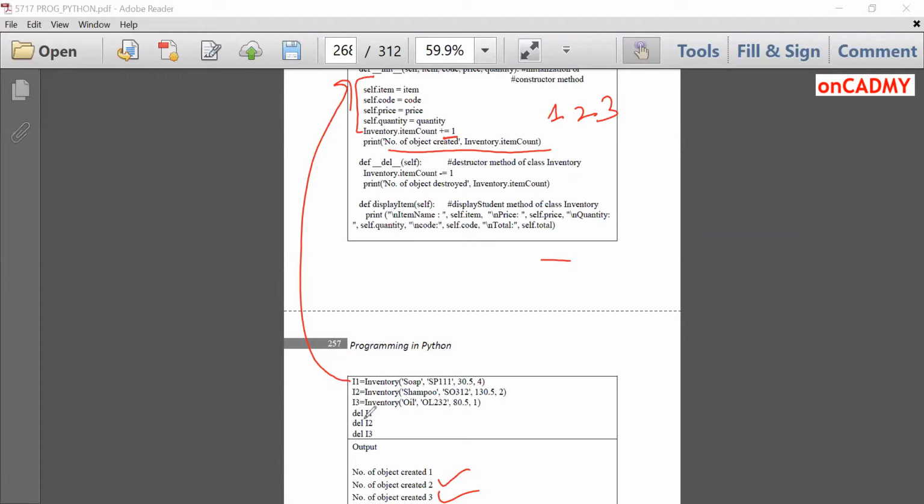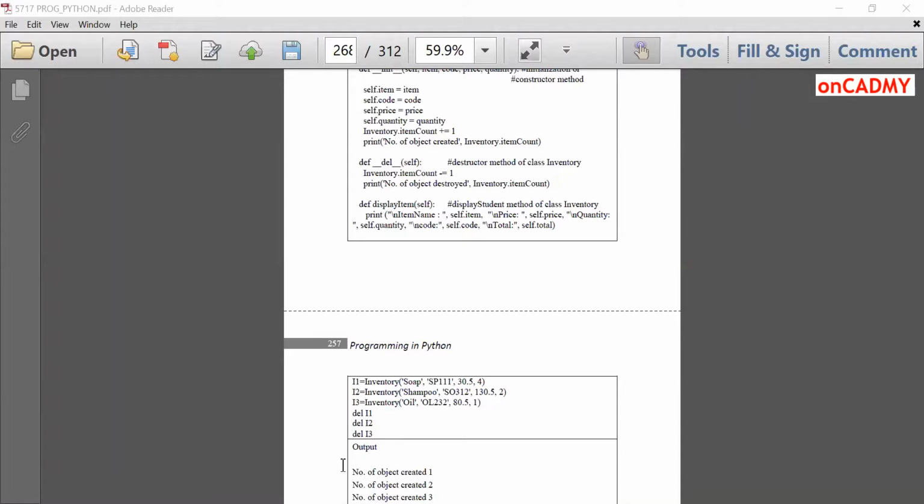Fine. So this way 3 objects will be created and the appropriate message will also be displayed. After that, we have written del I1. Then this del function or method will be called, which is a destructor method. It will be called and it will decrease the item count. Inventory.item count minus equal to 1. Initially it was 3, now it will become 2.